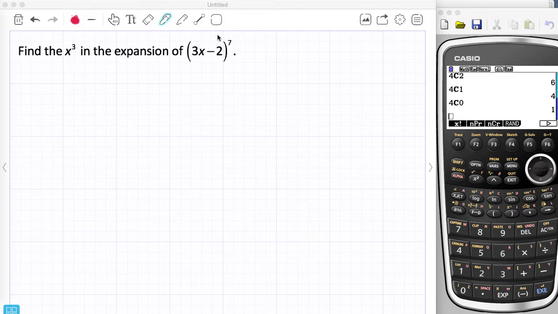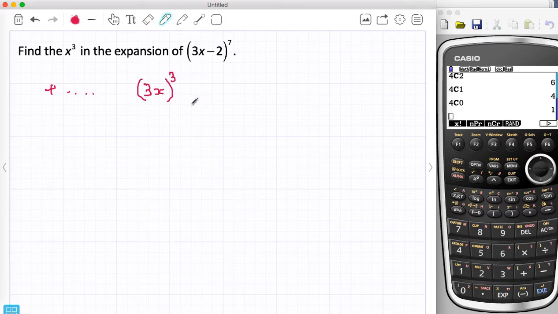thing, which was going to give you 8 terms. And that's a lot of work to do. 8 terms is too much. I'm only looking for the x cubed term. So I know that before I get to the x cubed term, there's lots of other terms. And I also know that I'm going to take the 3x and I'm going to put it to the power